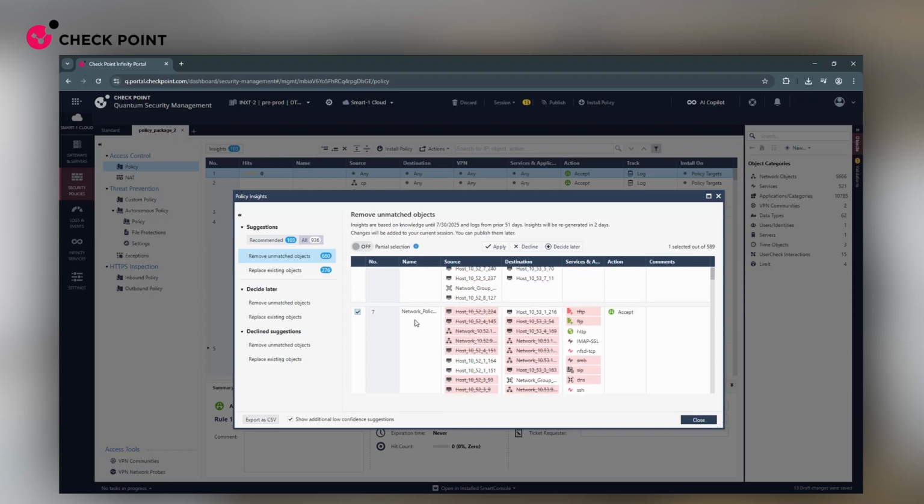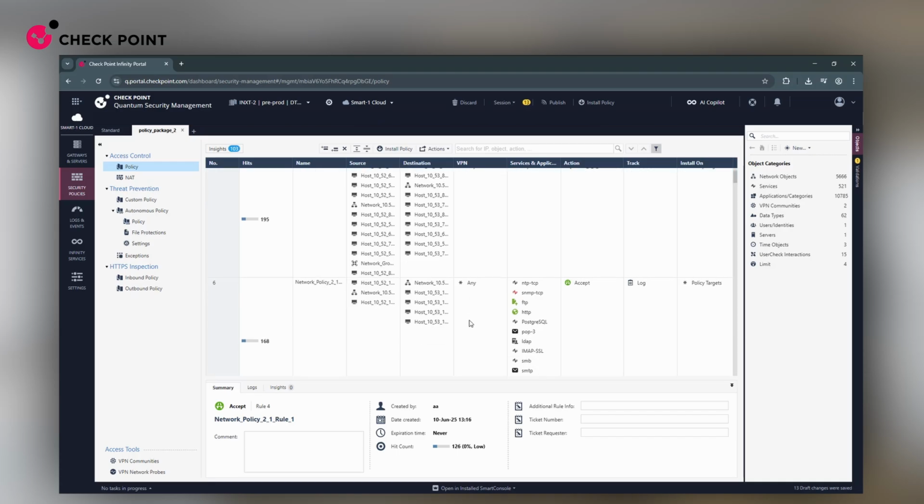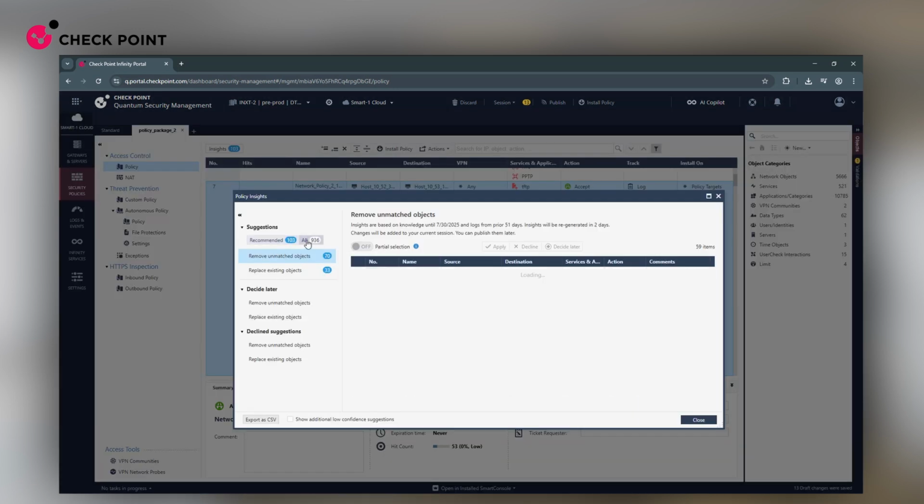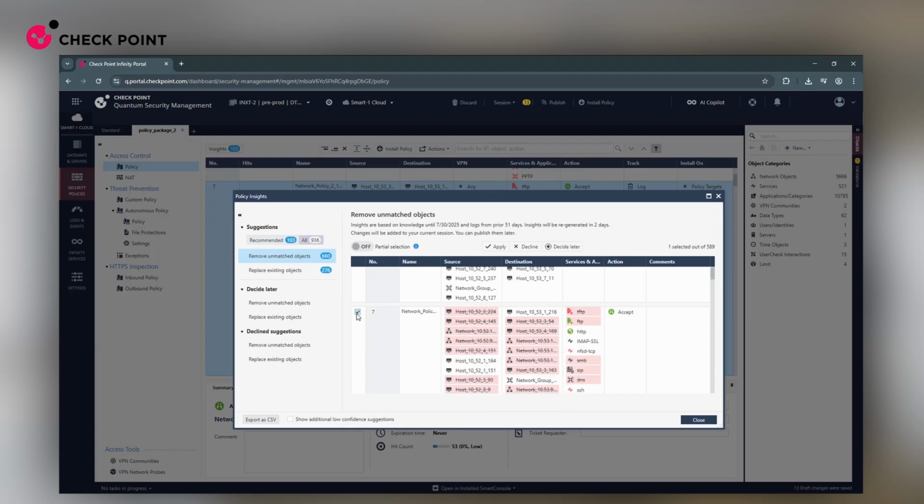There are many suggestions of removing redundant or irrelevant objects in rule number 7, but before we action any of the suggestions, let's go back to the policy table and see how rule number 7 currently looks. The source, destination, and services columns are full of rules we have put in place at the time of setting up this policy, and now, with Policy Insights, we can see what inside these rules can be improved to streamline your security network's operations. We check rule number 7, and you can see the suggestions highlighted in red,